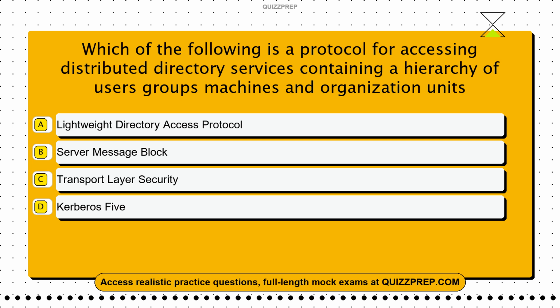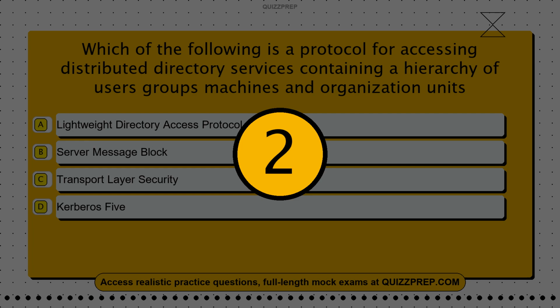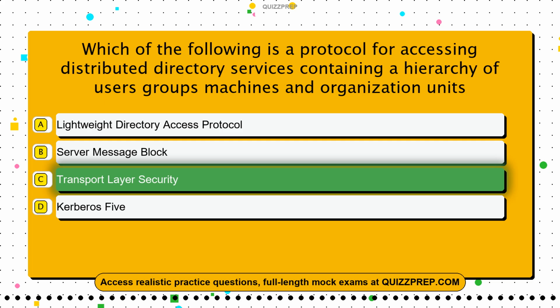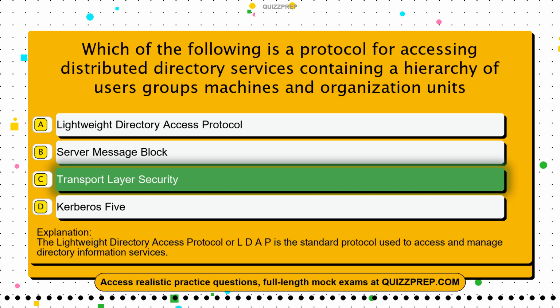users, groups, machines, and organization units? Option A. Lightweight Directory Access Protocol. Option B. Server Message Block. Option C. Transport Layer Security. Option D. Kerberos 5. The correct answer is option C. Transport Layer Security. The Lightweight Directory Access Protocol or LDAP is the standard protocol used to access and manage directory